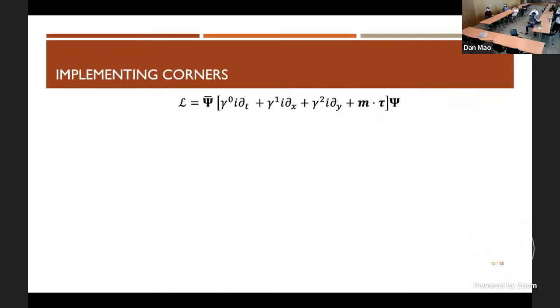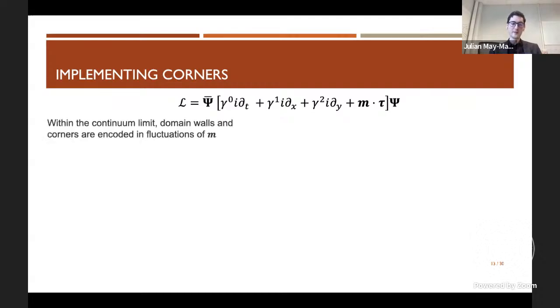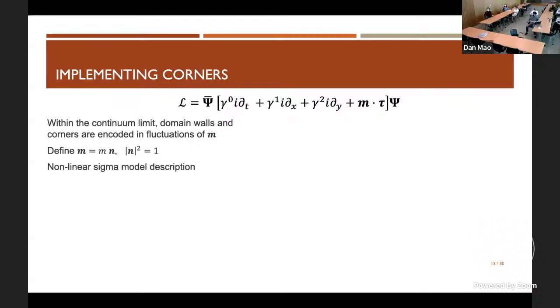All right. So now the first question, using this continuum Lagrangian, how do we add corners to our theory? Well, in this case, we're going to find that in the continuum limit, domain walls as well as domain corners are going to correspond to fluctuations of this mass vector m. And since we're interested in topological physics, we don't really care too much about the actual magnitude of the band gap, which is going to be set by the magnitude of this mass vector m. So we're going to separate our mass vector m into two components, a scalar and a unit vector n. And we can think of treating fluctuations in n only, which leads us to a nonlinear sigma model-like